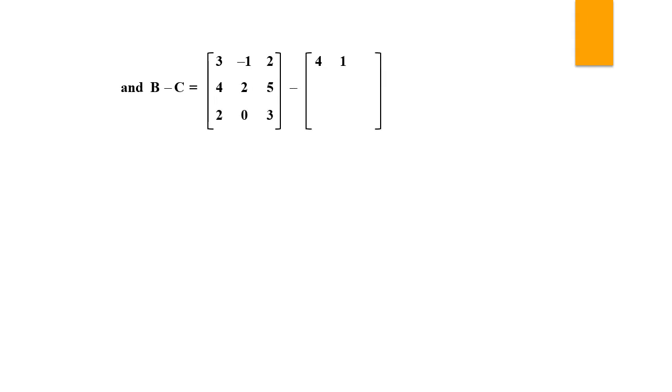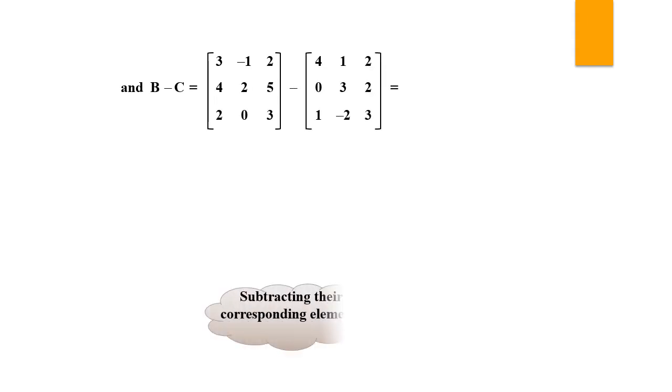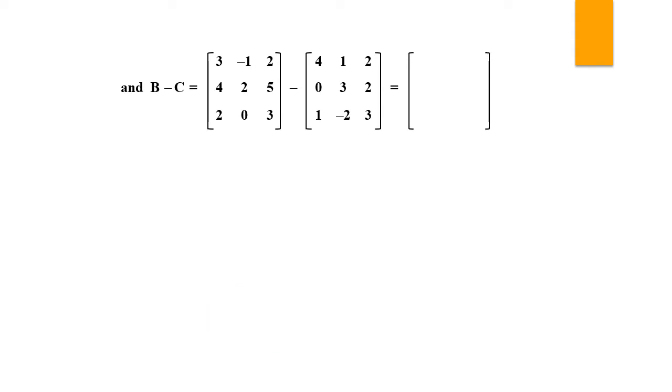Next we will obtain B minus C. So write down the two matrices. So subtract the corresponding elements of the two matrices. We get 3 minus 4 as minus 1, minus 1 and minus 1 gives minus 2, 2 minus 2 is equal to 0, next 4 minus 0 is 4, 4 minus 0 is 4, 2 minus 3 is minus